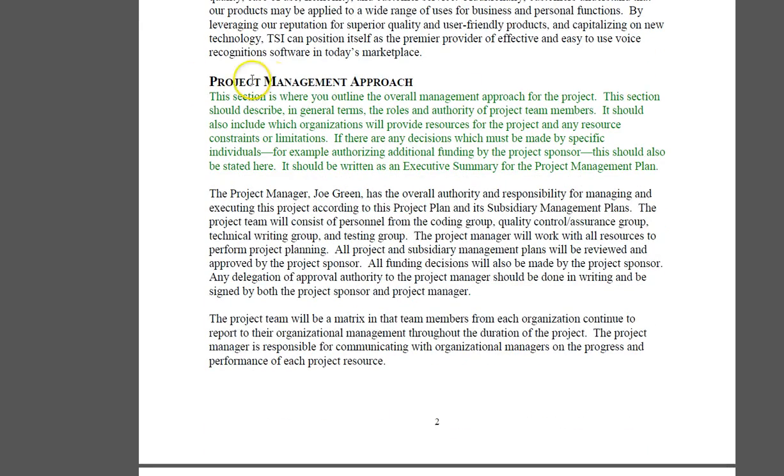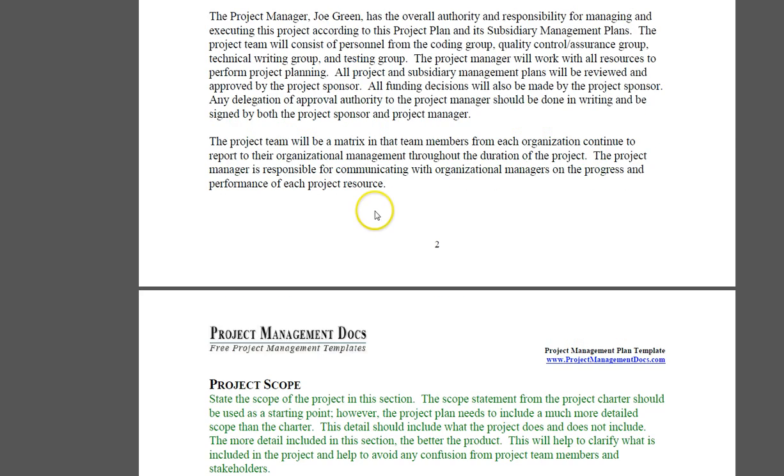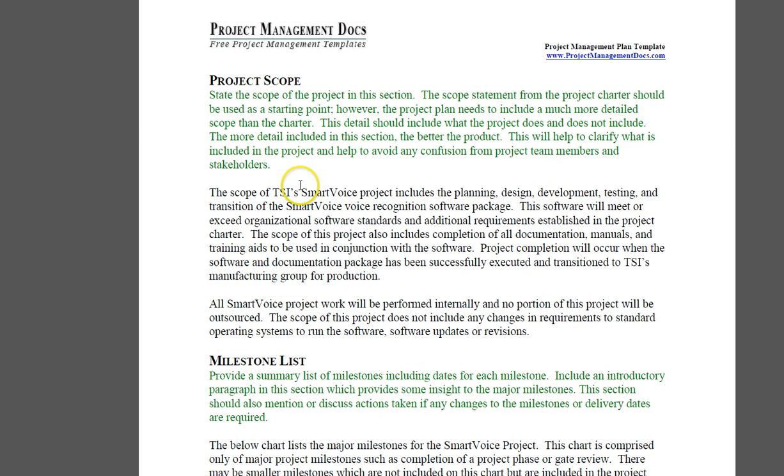It should show you the project management approach, how we are going to go about the project. You will outline the overall management approach for this project. It should describe in terms the roles and authority of the project team members. It should also include which organizations would provide resources for the project and any resource constraints or limitations. Then it will show the